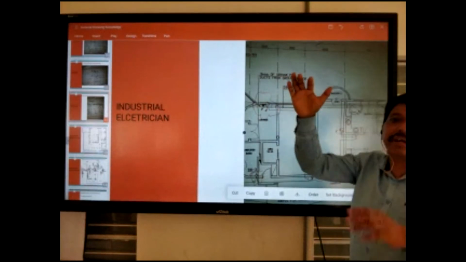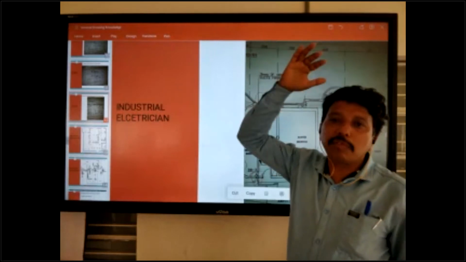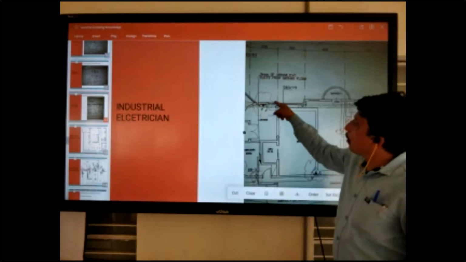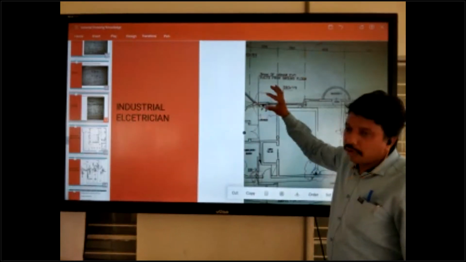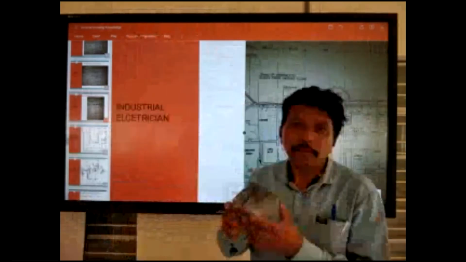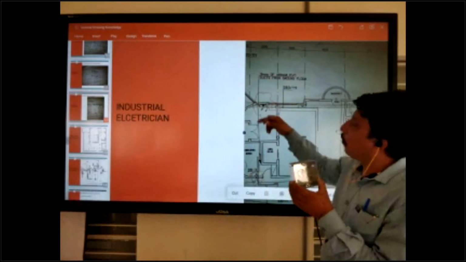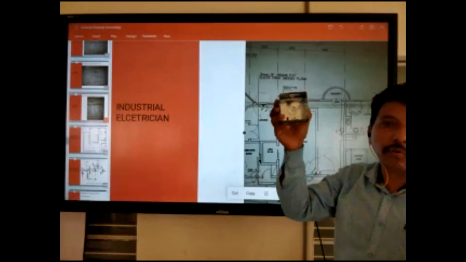If you are working in a typical building, first floor, second floor, third floor, up to the 10th floor, then at box installation time you can put the TV and telephone boxes also.